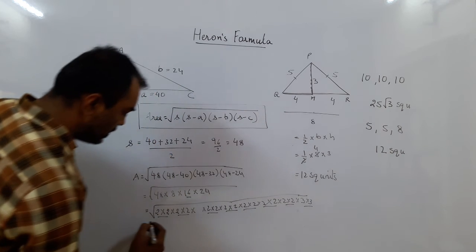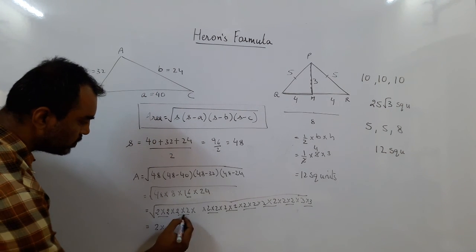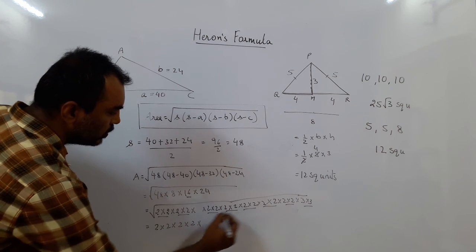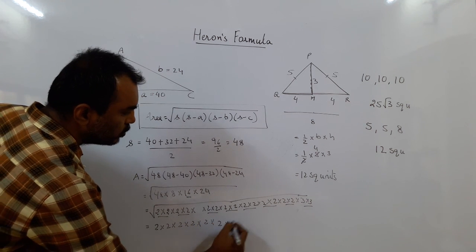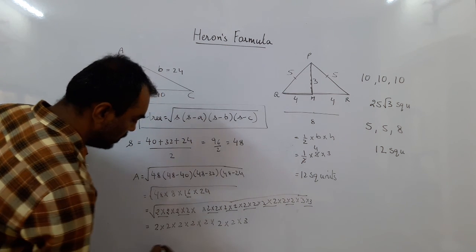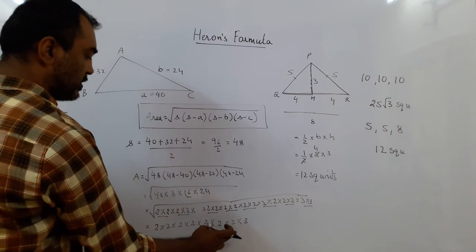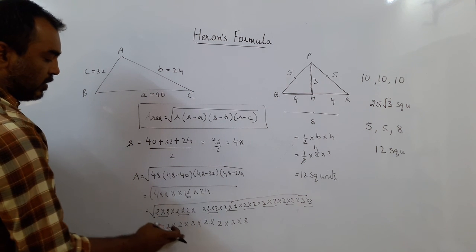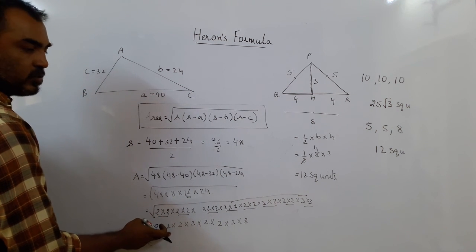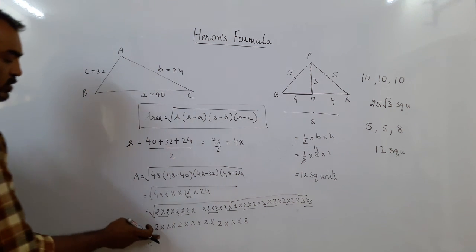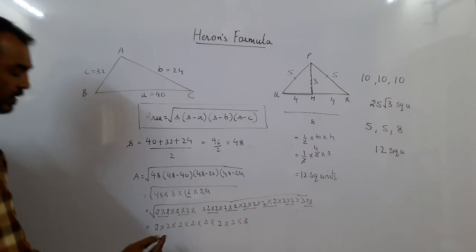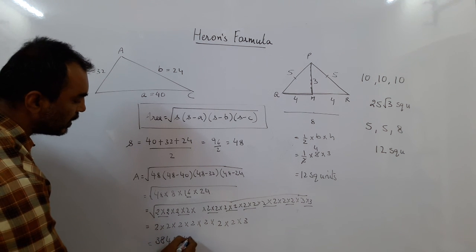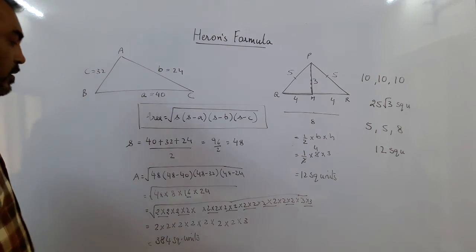Right? So what is the answer? 2 into 2 into 2 into 2 into 2 into 2 into 2 into 3. So 3 2s are 6, 6 2s are 12, 12 2s are 24, 24 2s are 48, 48 2s are 96, 96 2s are 192, and 192 2s are, how much do you get? 384. So 384 square units is the area of this triangle. But what I was telling you